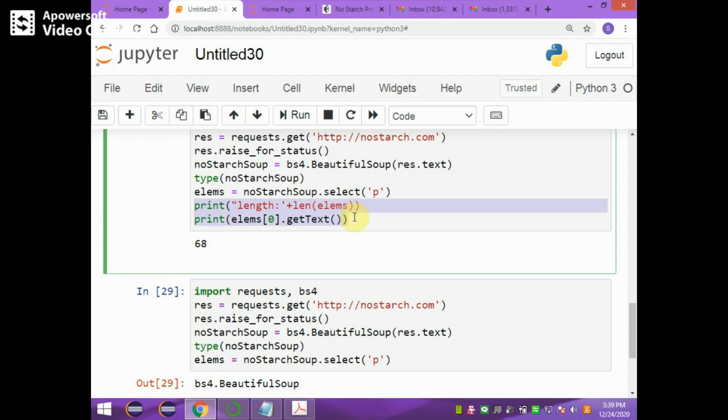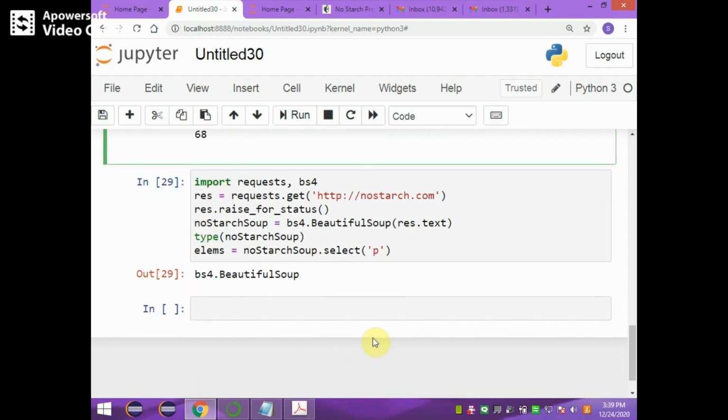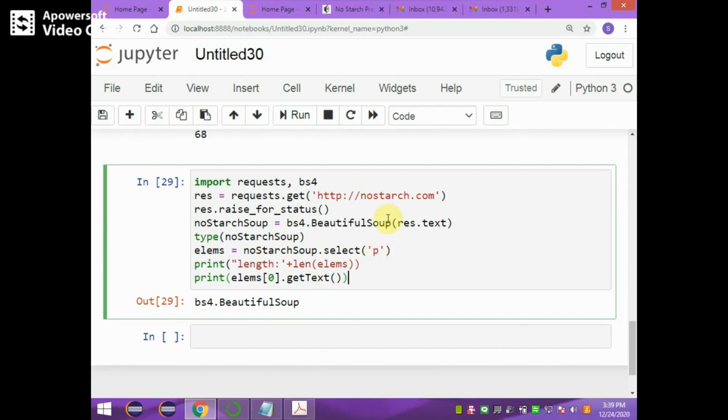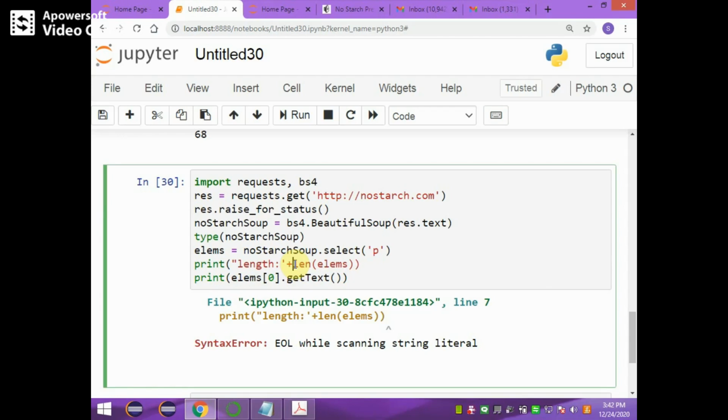Now if you try to execute both statements, and if you try to run, it's giving one error: print length plus len of elements, EOL while scanning string literal. We see why that error comes, because here len is an integer.